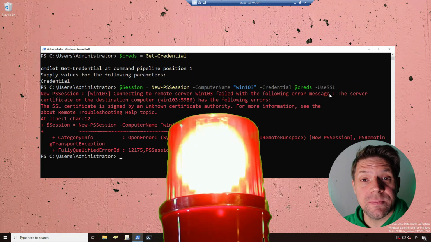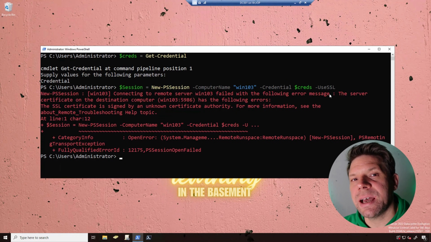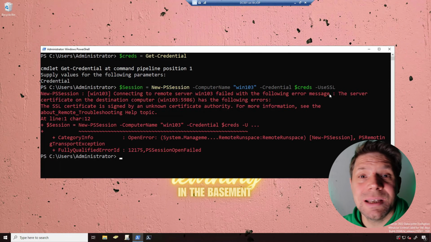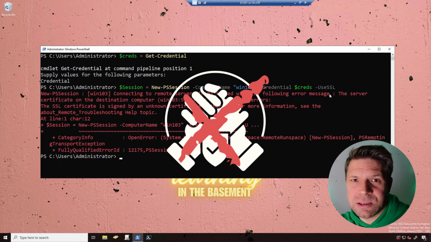Here we have it again, another error message. And the error message doesn't go blah, blah, blah. Read the message carefully again. It says it right there. The SSL certificate is signed by an unknown certificate authority. In other words, this means Windows does not trust this certificate, and it will prohibit you to use it for